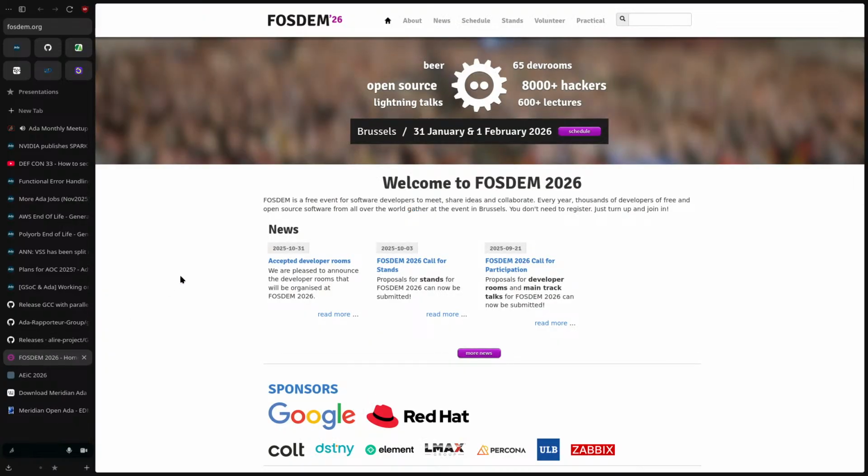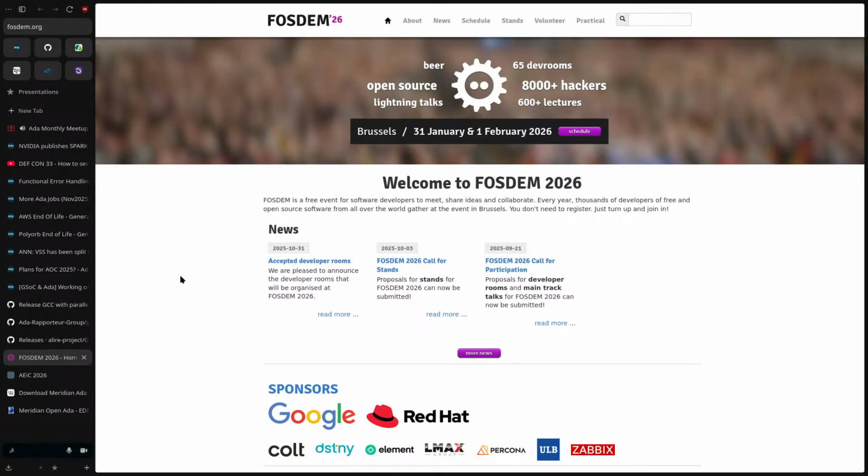Also, bad news. FOSDEM: we did not get accepted for a dev room. Our proposal was declined. There were over 130 proposals, and only 3 programming languages were accepted to have a dev room. They were Rust, Python, and I believe Go.